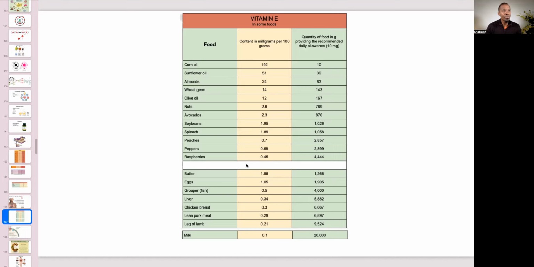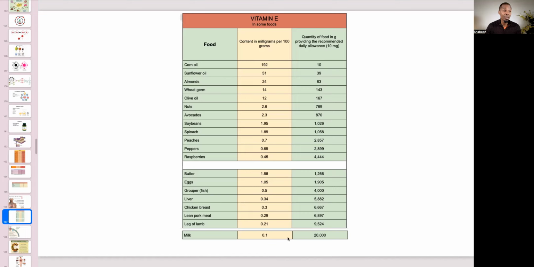Now, here's where we separate. We got all these wonderful whole foods, and then we get to the butter, the eggs, the fish, and the meats. All right. As you see right here, it's the same thing as vitamin C. You're not going to get much of any true value as far as the vitamins and the minerals go when you're talking about these foods. And if you do, you're really going to have to load up on these foods.